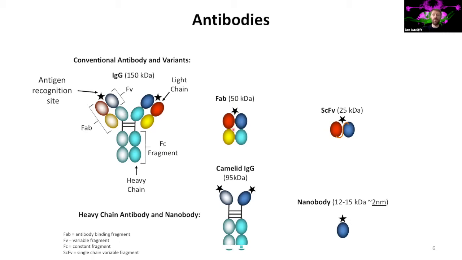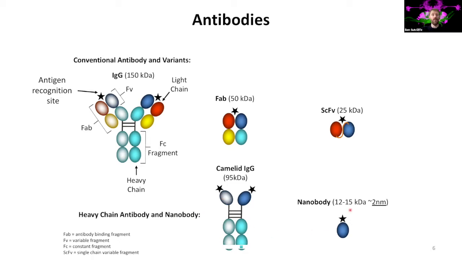If that's too large again, you can use a single chain variable fragment, which has just got the antibody recognition site, or the antigen recognition site, in it. Other ways of getting smaller antibodies into your epitopes of interest is to use nanobodies. So, a heavy chain antibody with its nanobody. The nanobody is the head domain here, which recognizes the antigen. And these are made in camels, and you can get them from sharks, but people tend to just use llamas,